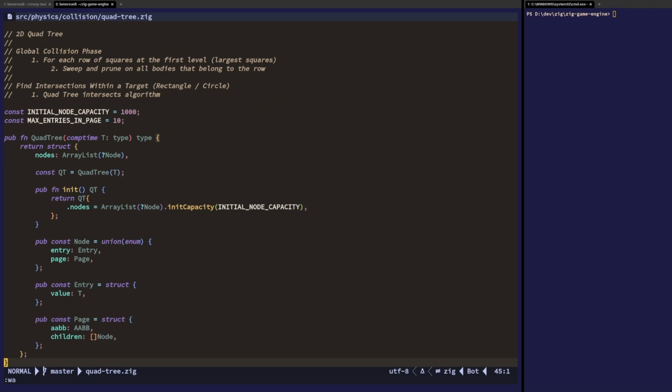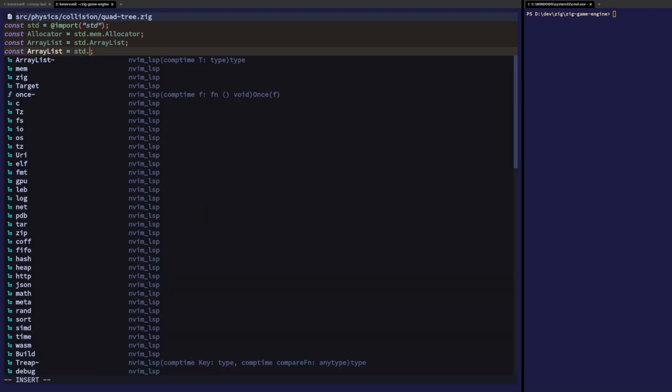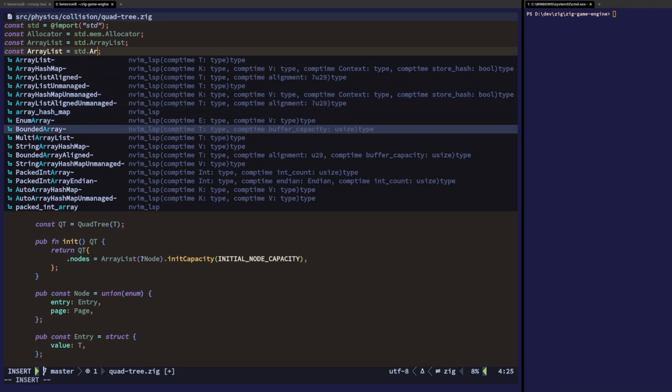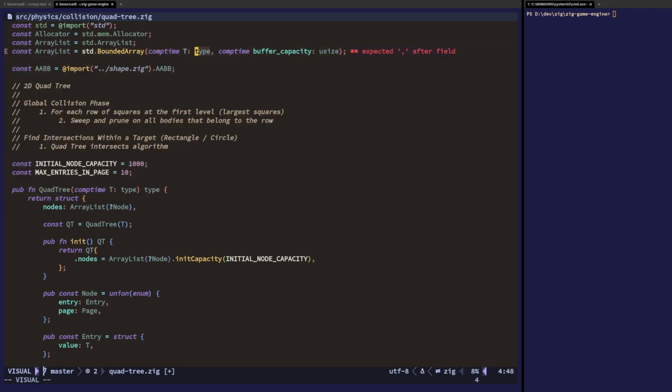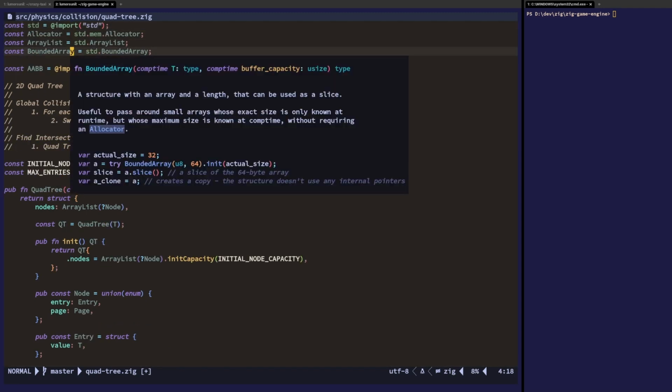Great. Now, I'm curious because I think there's something called like a buffer list or ring buffer. Interesting. So array, a bounded array. Yeah, there's something called a bounded array. And this is a bounded array, so it's gonna be like a static array. That's not really what we want, but we want like an array type